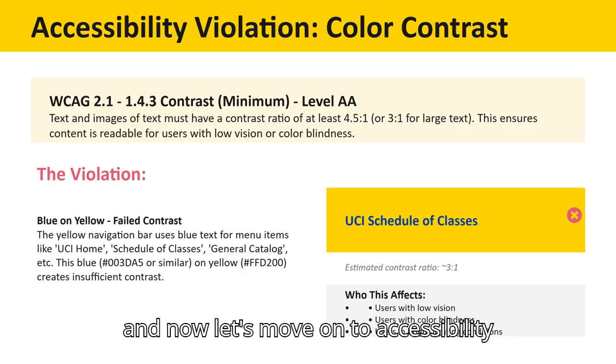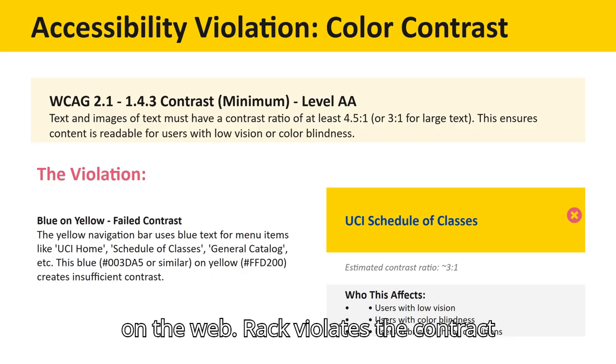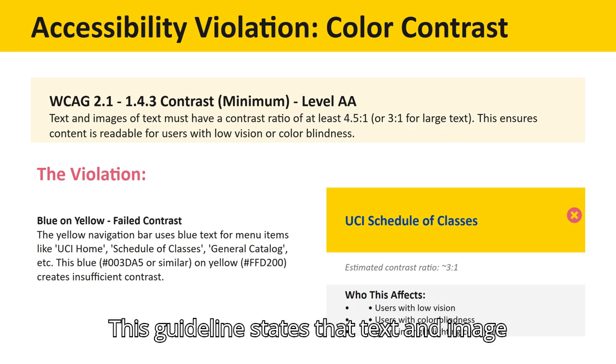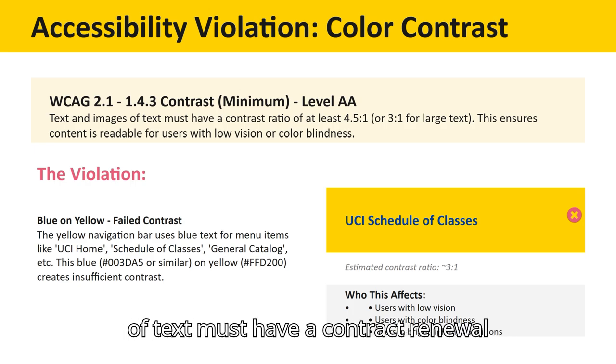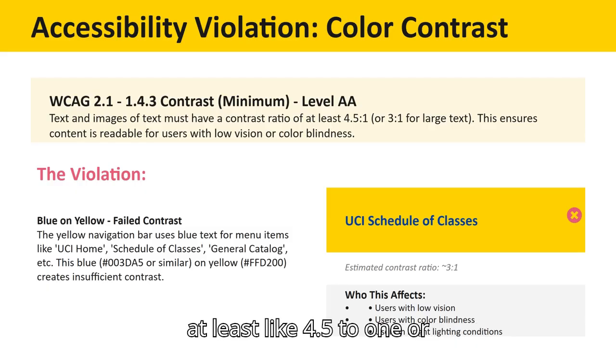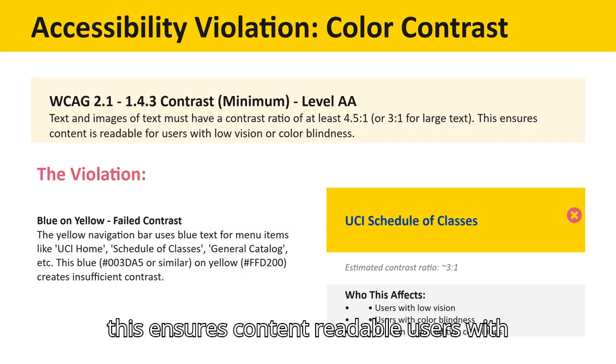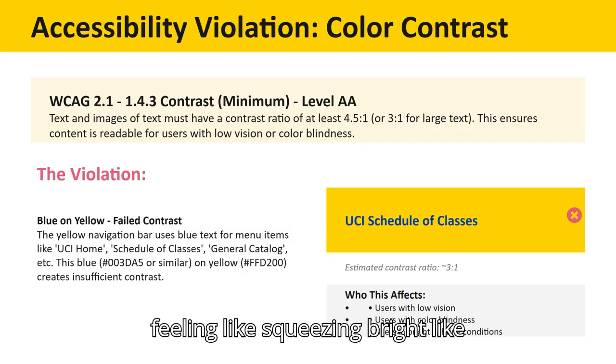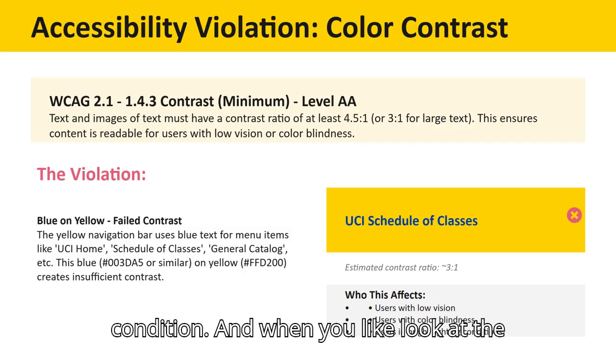And now let's move on to accessibility. WebRack violates the contrast minimum, which is a level AA requirement. This guideline states that text and images of text must have a contrast ratio of at least 4.5 to 1, or 3 to 1 for large text. And this ensures content is readable for users with low vision, color blindness, or those viewing screens in bright